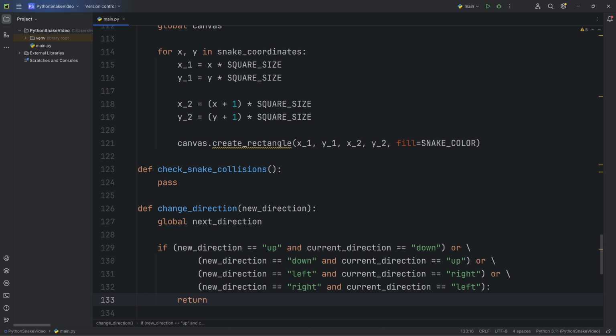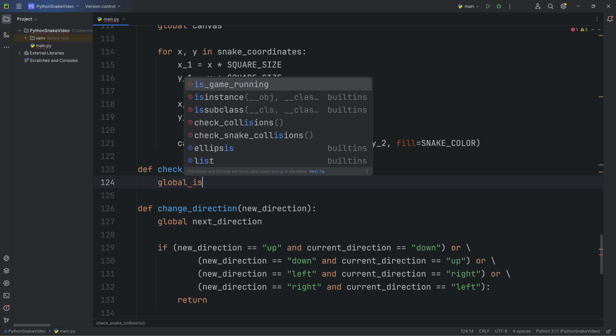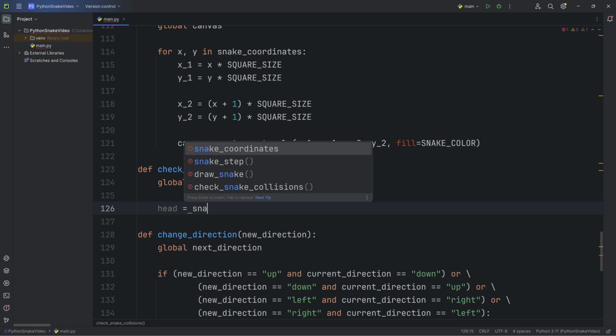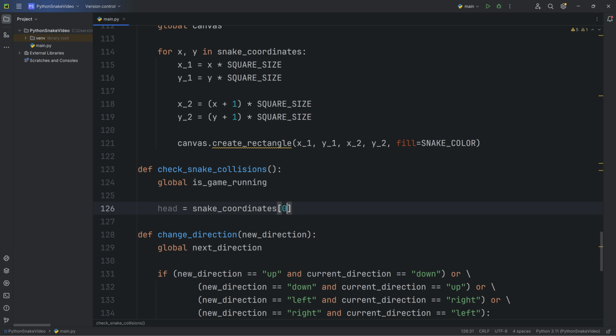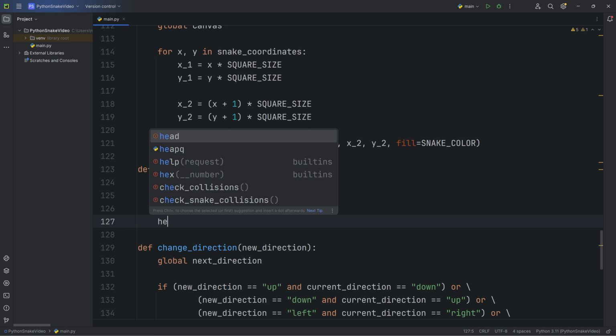Get into check snake collisions. Global is game running. Save the head of the snake into a variable. Head equals snake coordinates of 0. Split the x and y values into two variables.